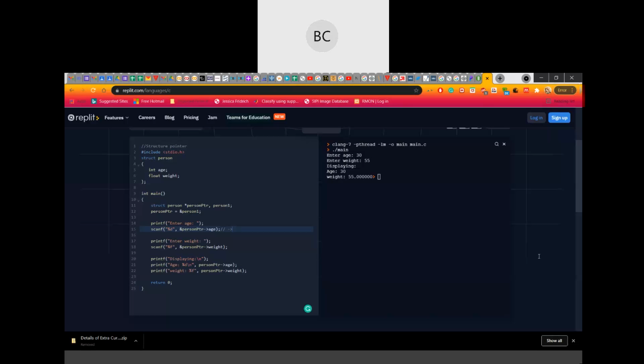Another, slower than normal. Yes, slower than normal, because a pointer only holds the address. That means if you are using a pointer, it accesses the address first, then gets to the values. That is also correct.